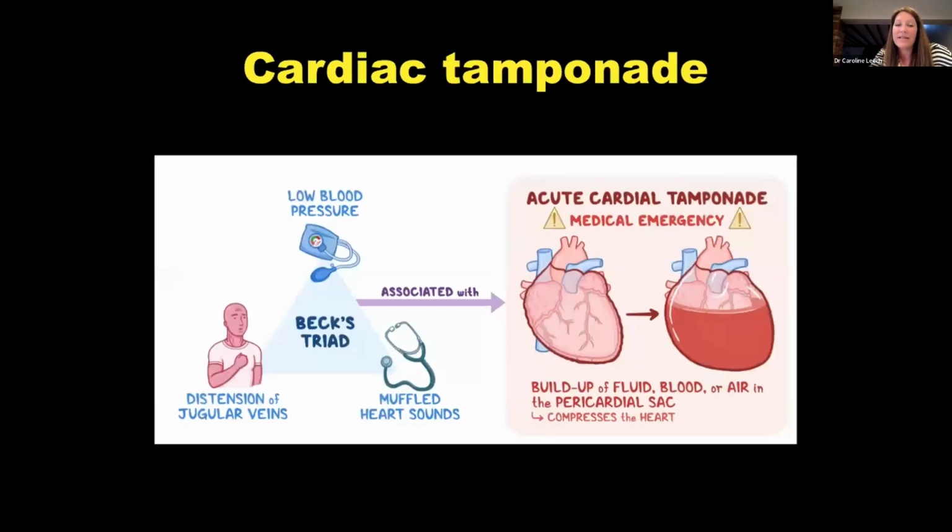And then finally, cardiac tamponade. So there are your traditional signs. It's really important to know that this is actually happening in a lot of blunt trauma patients. We're just not picking it up. But we notice that they've got pericardial fluid on CT scan. So blunt or trauma, the treatment, blunt